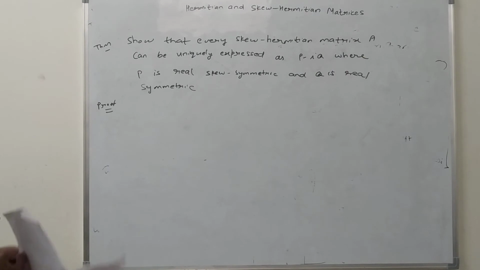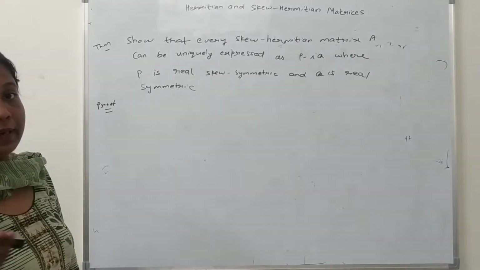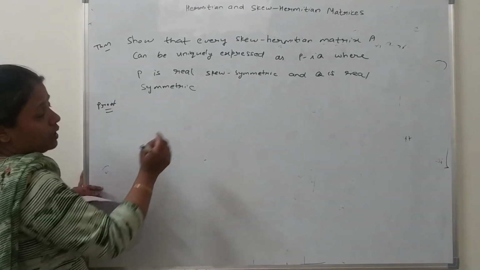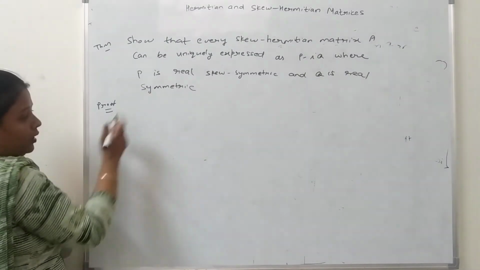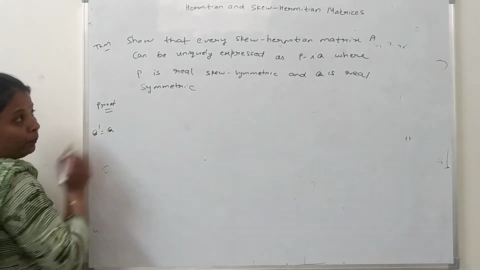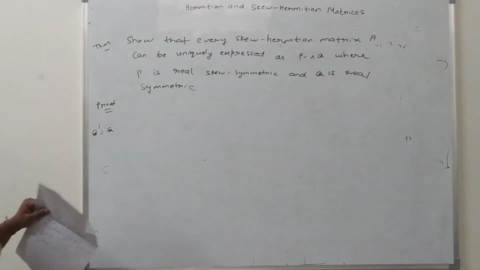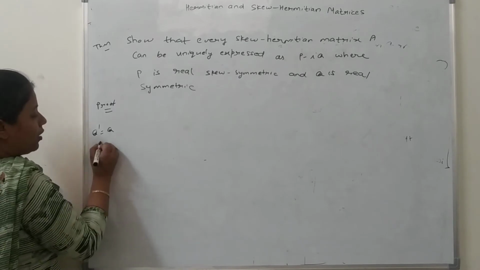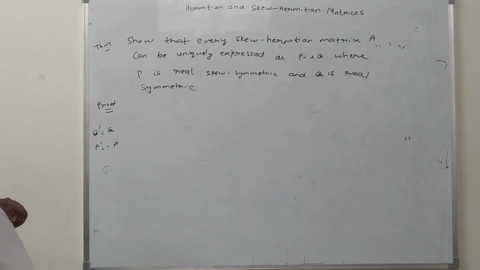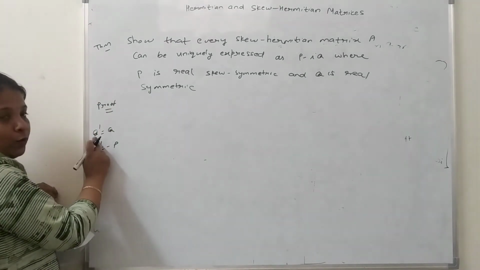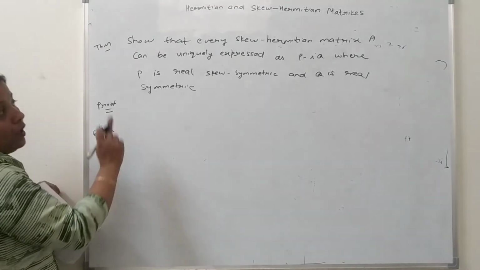You have to know what a Hermitian matrix is. In a Hermitian matrix, we have A theta equals A, and for a skew Hermitian matrix, A theta equals minus A. You have already done symmetric and skew symmetric matrices. When a matrix is symmetric, Q transpose equals Q. P real skew symmetric means P is real, there is no conjugate part, but it is real skew symmetric, so P transpose equals minus P. In Hermitian and skew Hermitian matrices we take theta, and in symmetric and skew symmetric matrices we take transpose. Q transpose equals Q means Q is symmetric, and P transpose equals minus P tells that P is skew symmetric.